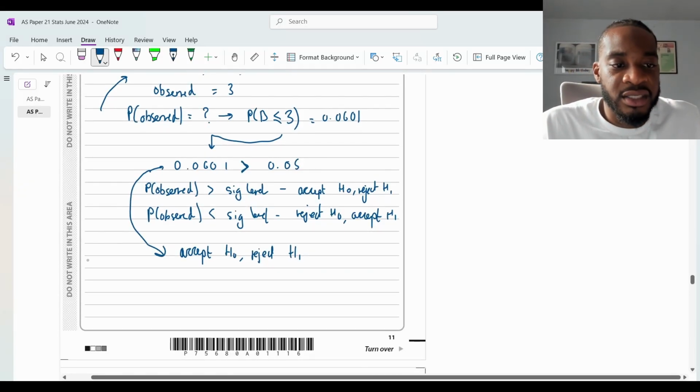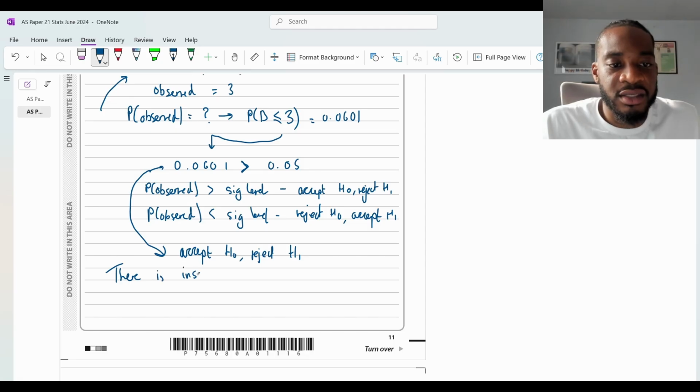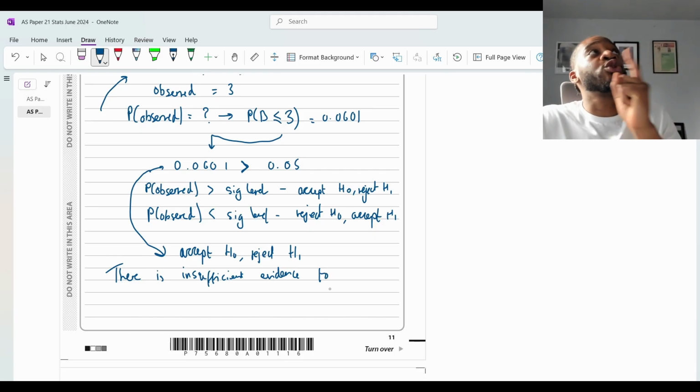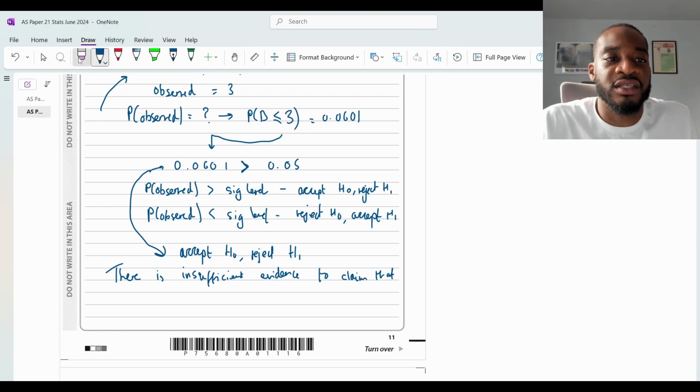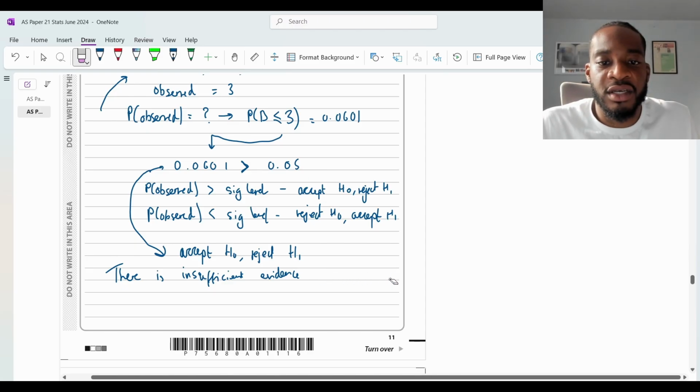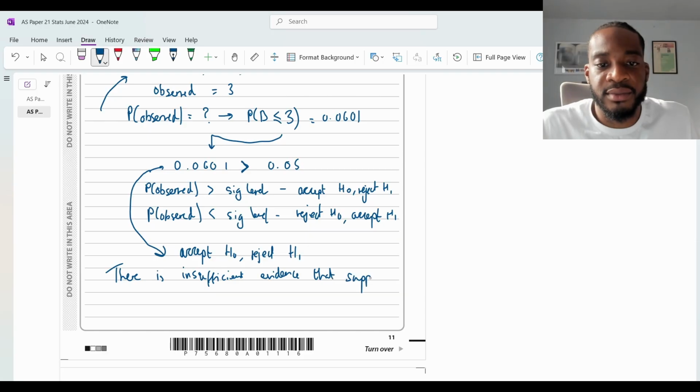So to get that final mark, you're going to say there is insufficient evidence that supports the claim